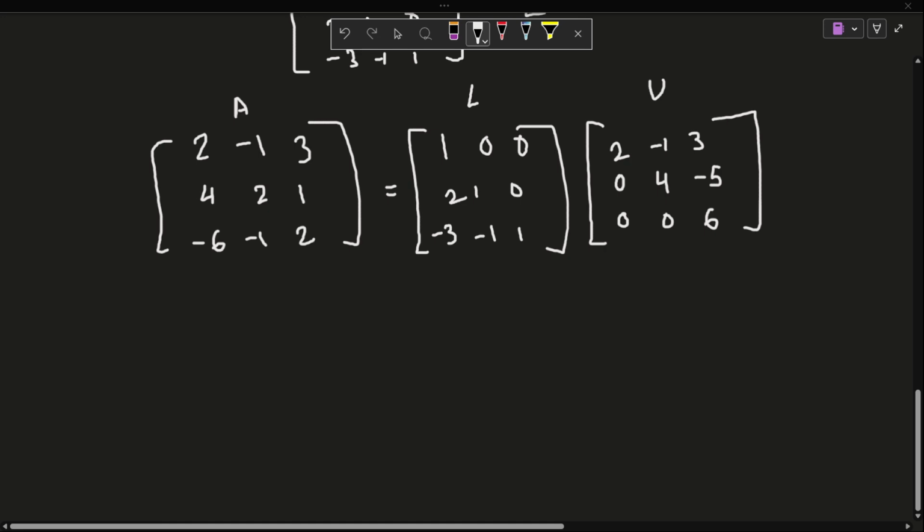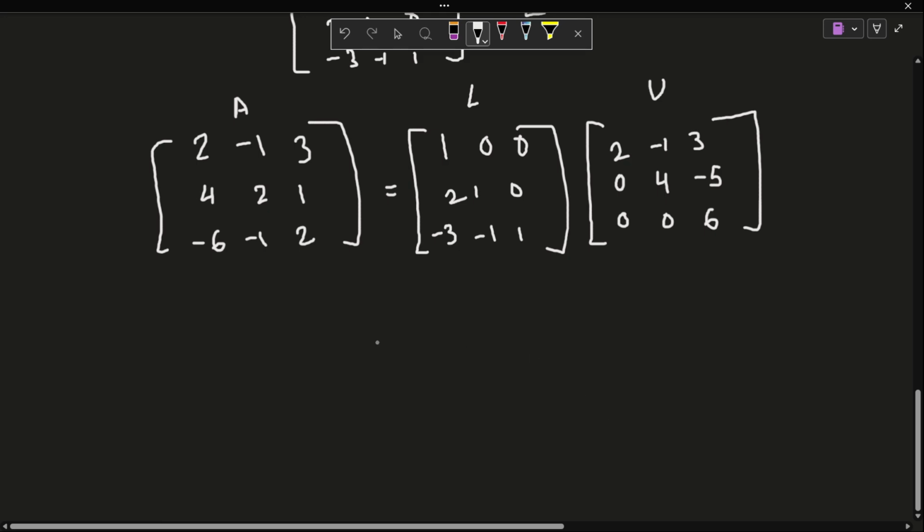Okay, so we're not going to do another example in this video, but there are problems online that you definitely should try. And we're actually going to go into how we solve systems of simultaneous linear equations using LU decomposition, because when I was learning this, I was like, there's no way you can use this to solve a system. I don't see it, but there is definitely a way.